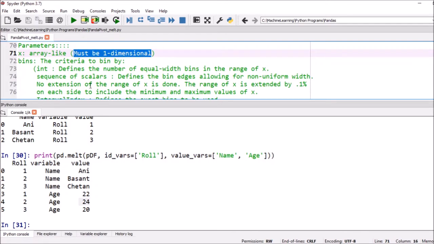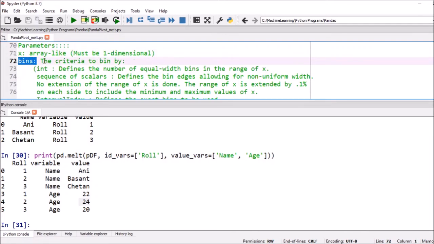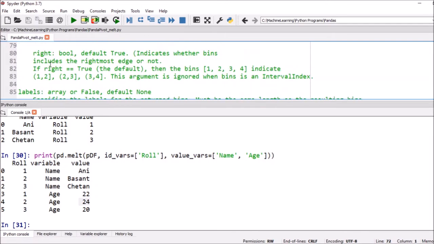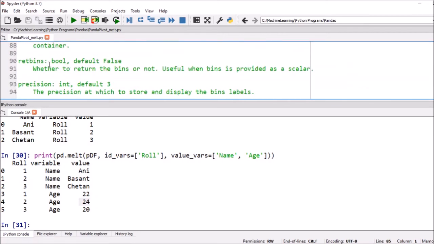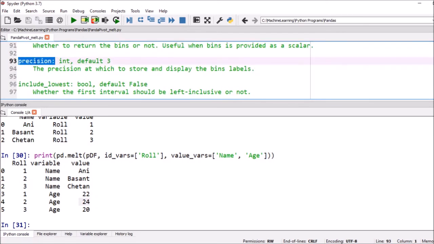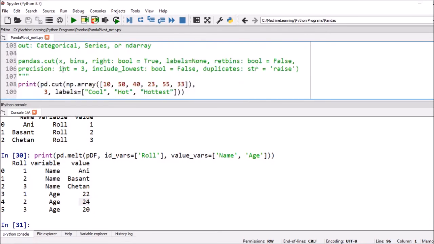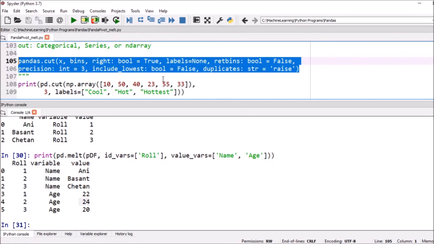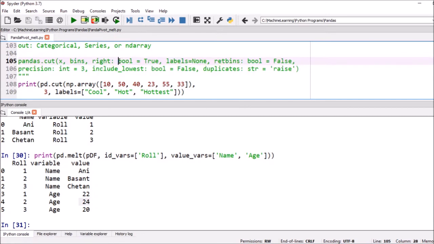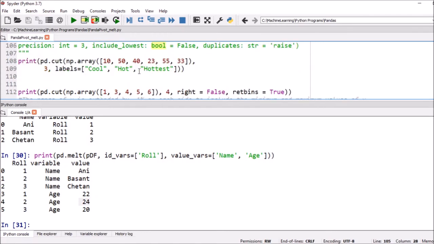The other parameters are bins, labels, retbins, precision, include_lowest, duplicates and so on. So we just see them one by one.